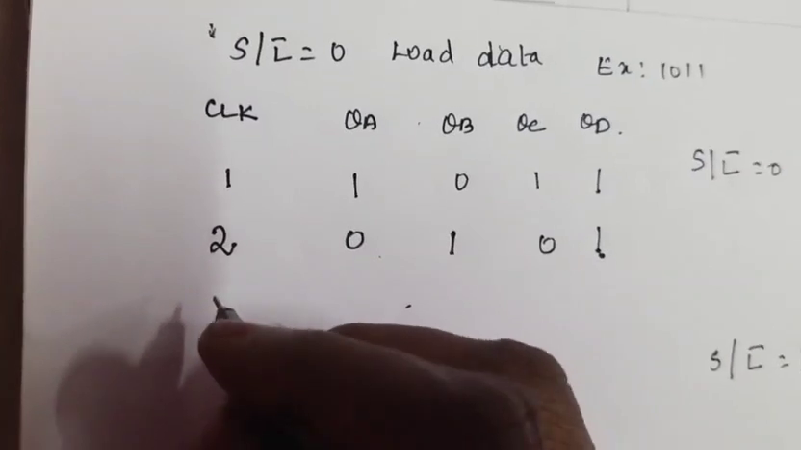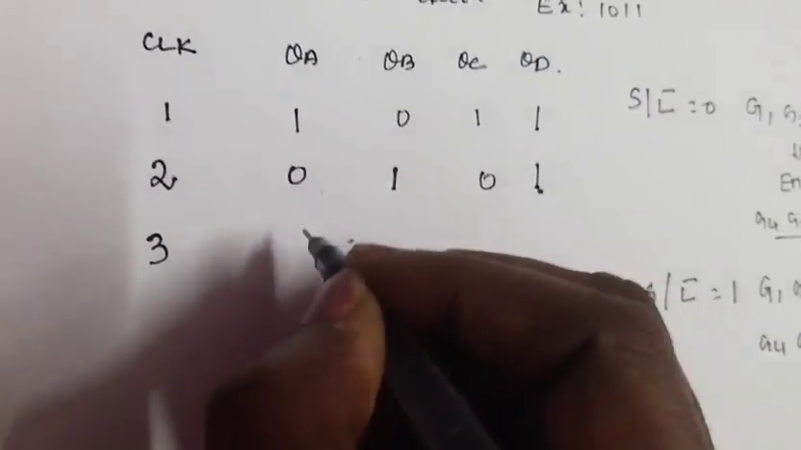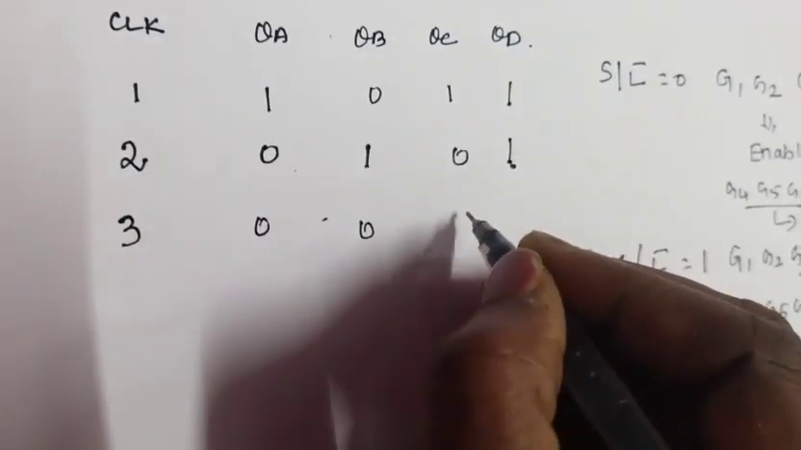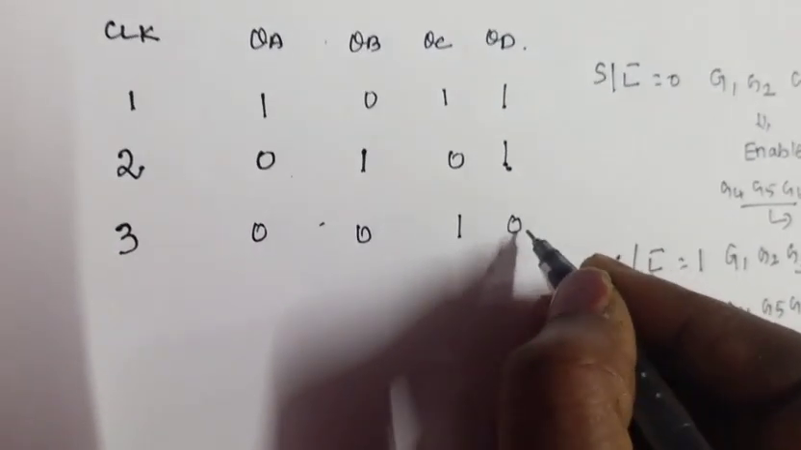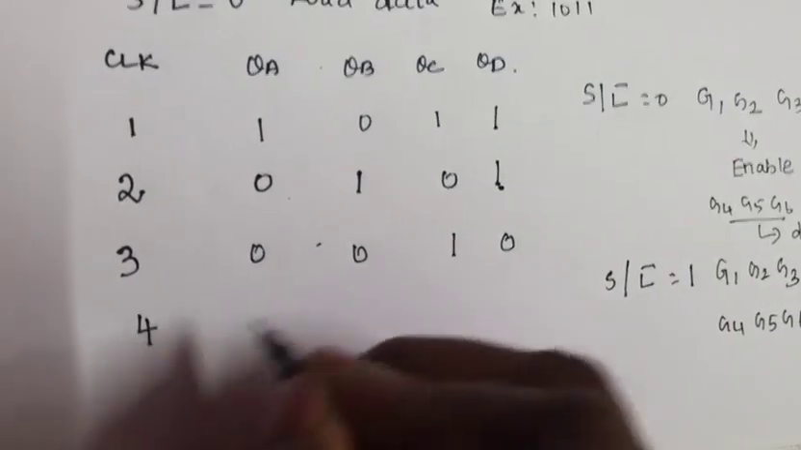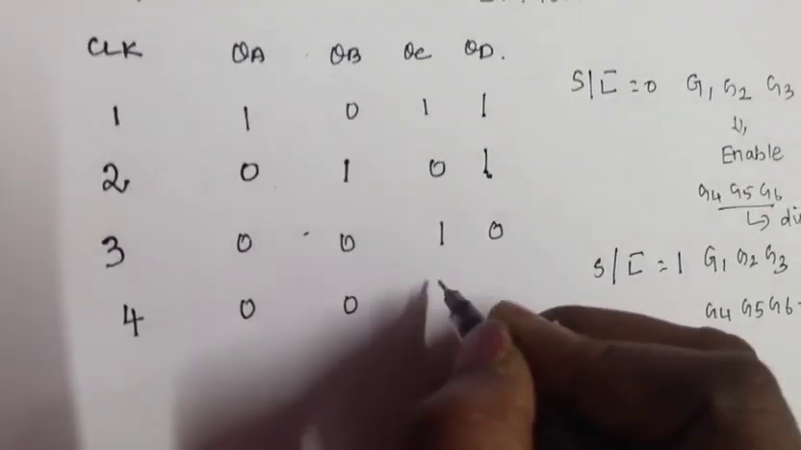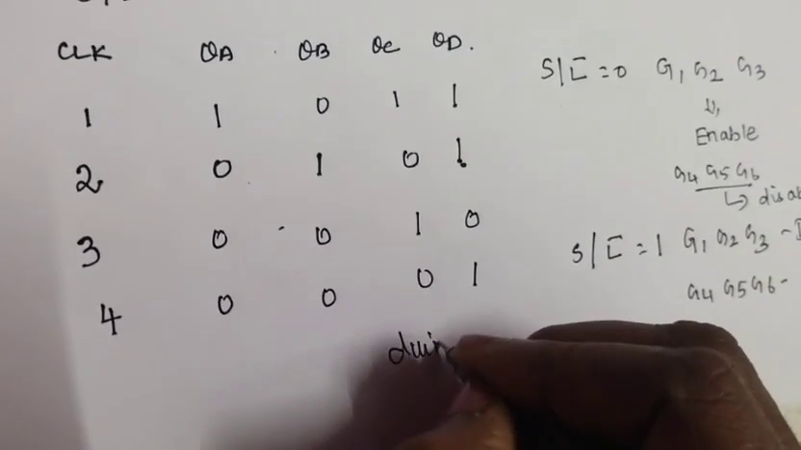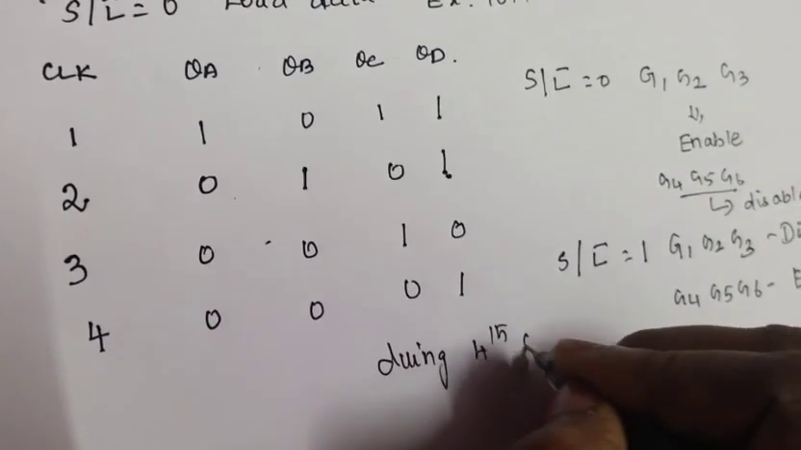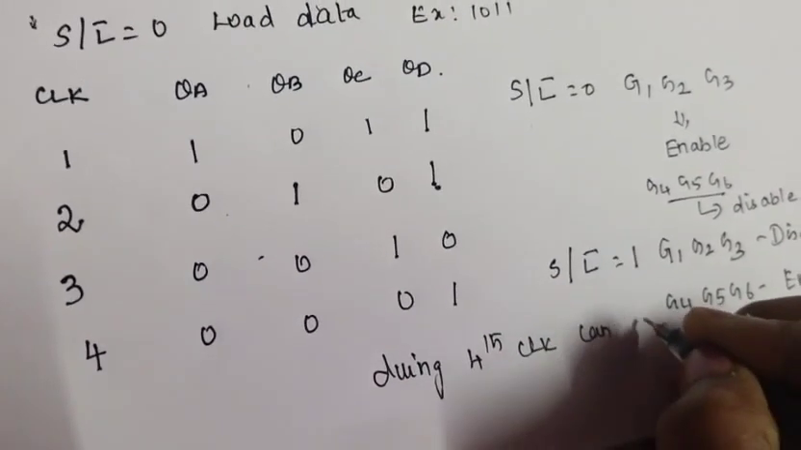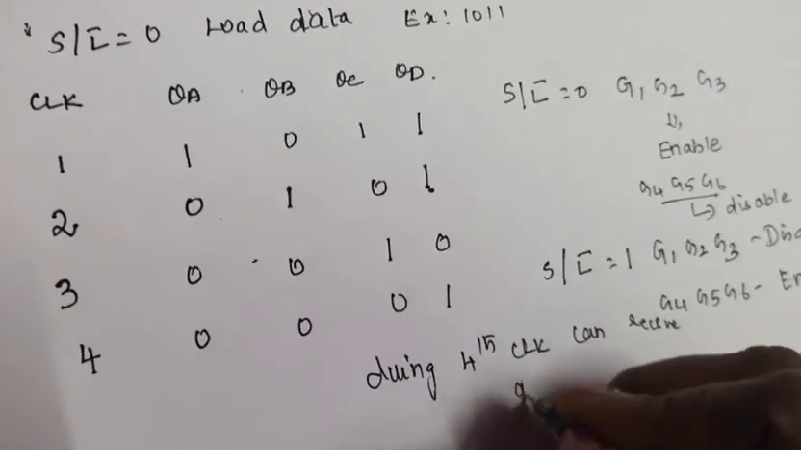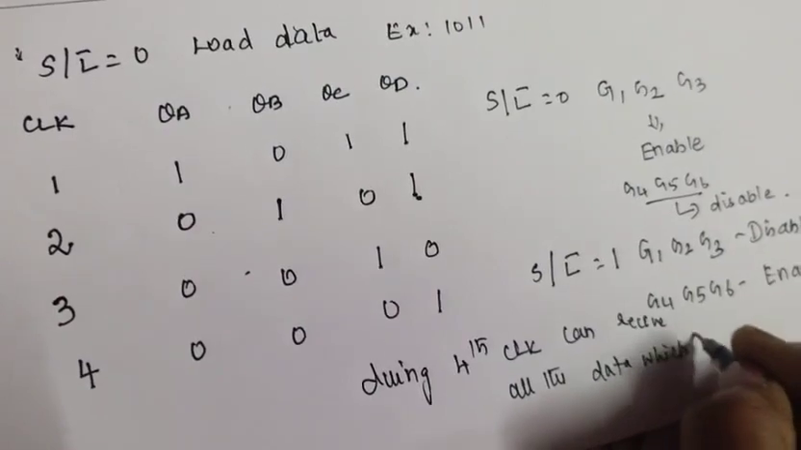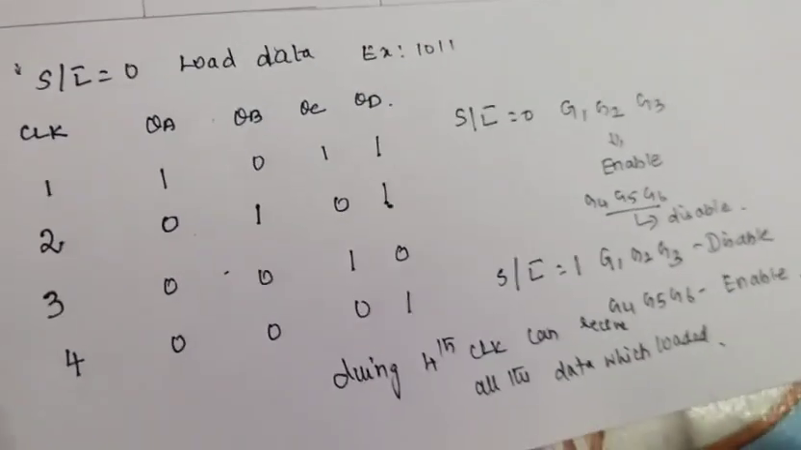In which clock pulse are you going to receive the data? During the third clock cycle, and again I am taking my input as 0. This 0 is shifted here. This 1 is shifted here. This is my third data. Right? And in the fourth clock cycle again 0, 0, 0 and 1. So during my fourth clock cycle, I can receive all the data which I loaded. So like this